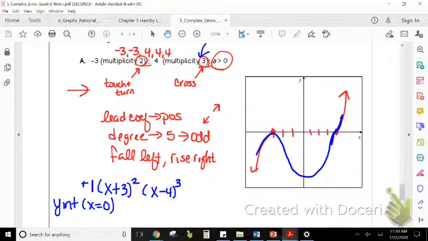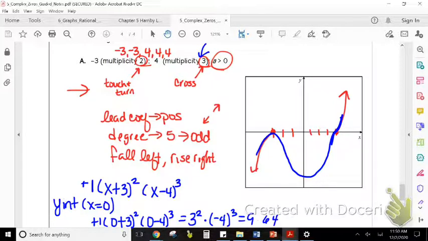And so when I do this one, I'm going to end up with 0 plus 3 squared times 0 minus 4 cubed. And it was a positive 1 here at the beginning, remember, but I'm not going to put it because 1 times anything is itself. So we end up with 3 squared times negative 4 cubed. So 9 times negative 64, excuse me, which is like a negative,